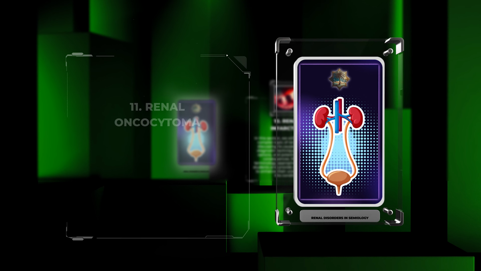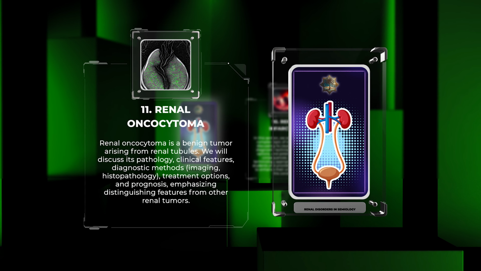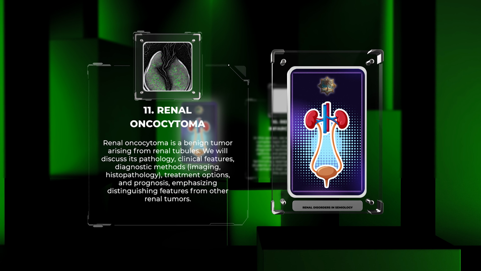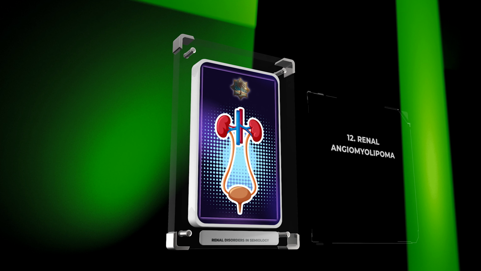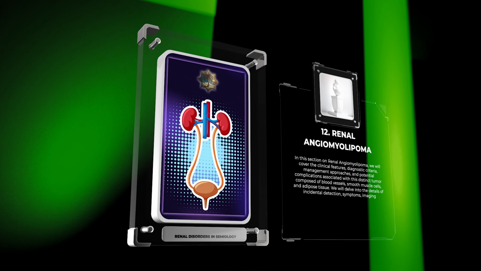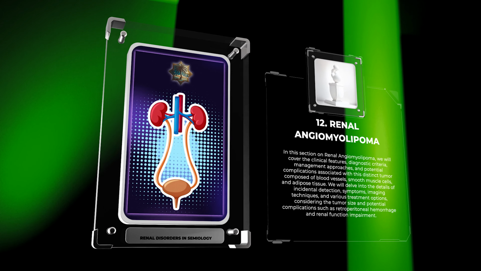Renal oncocytoma is a benign tumor arising from renal tubules. We will discuss its pathology, clinical features, diagnostic methods, imaging, histopathology, treatment options, and prognosis, emphasizing distinguishing features from other renal tumors. In this section on renal angiomyolipoma, we will cover the clinical features, diagnostic criteria, management approaches, and potential